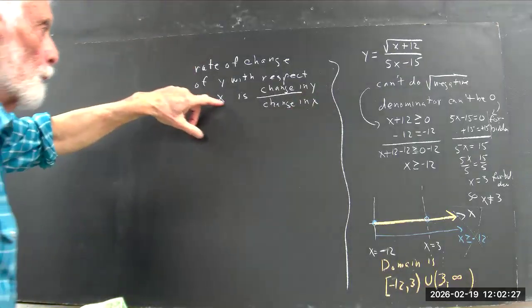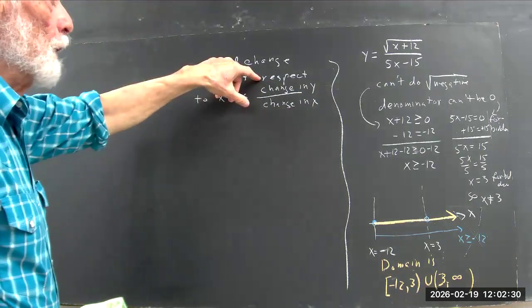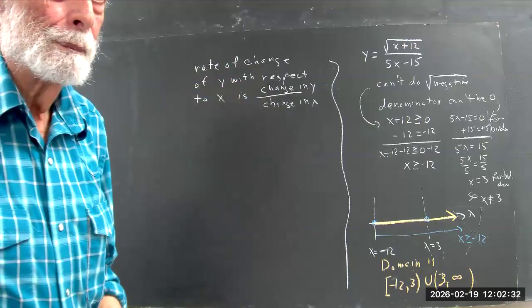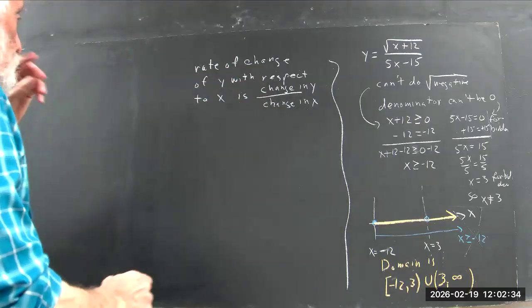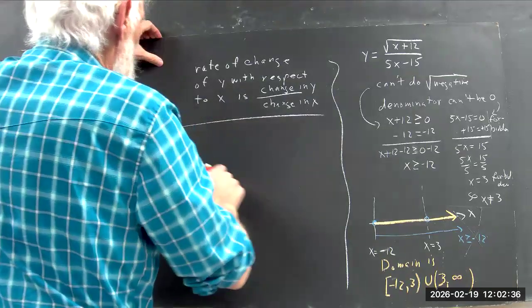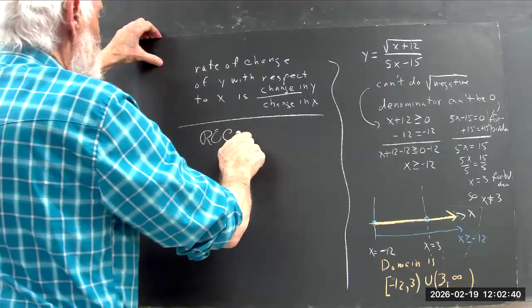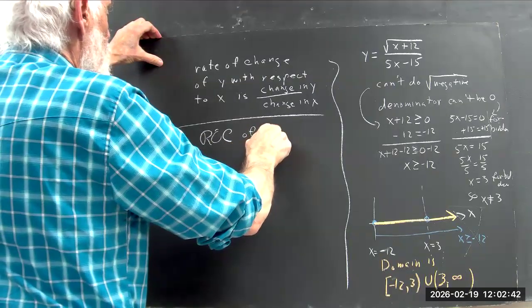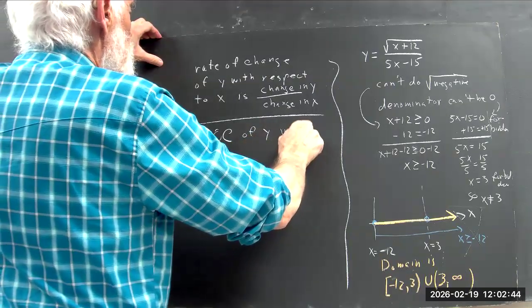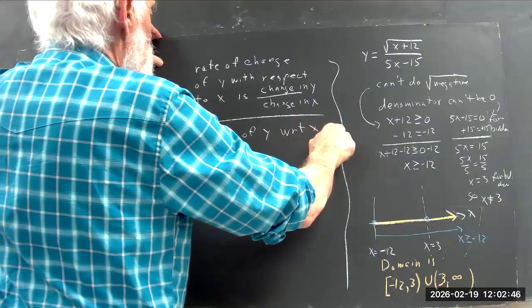The rate of change of y with respect to x is change in y over change in x. Okay. Now, I'm going to abbreviate that. I'm going to say ROC of y WRT x is,